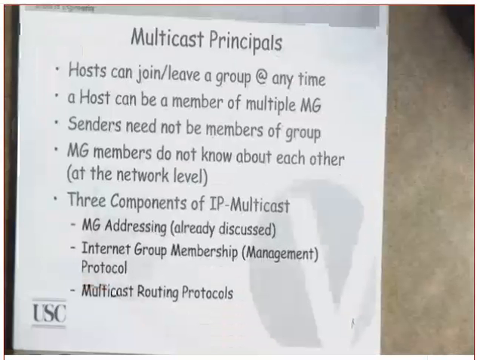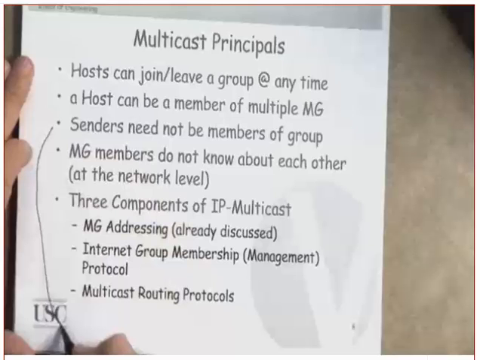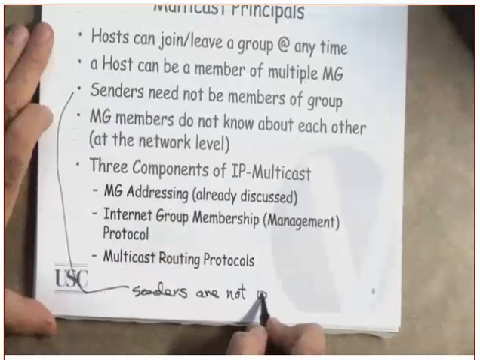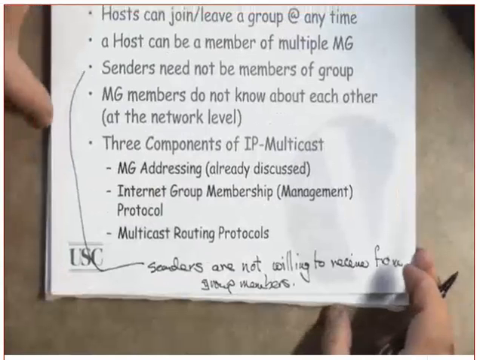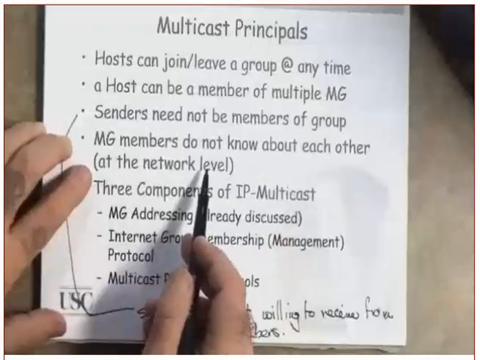Now, let's see how it works. It is used by a multicast router to identify the members of the multicast group. It is also used by the host to join or to leave a given multicast group. So IGMP can be used by the router to figure out if there are any hosts in a multicast group. It could also be used by the host to decide whether to join a group or to leave the group.